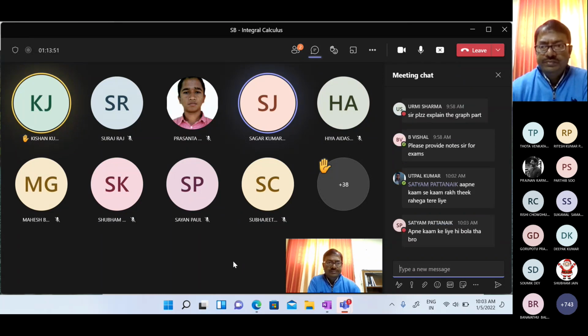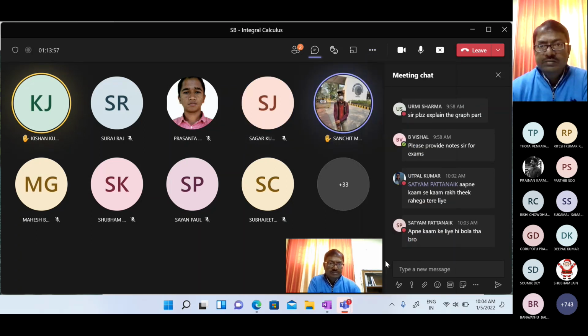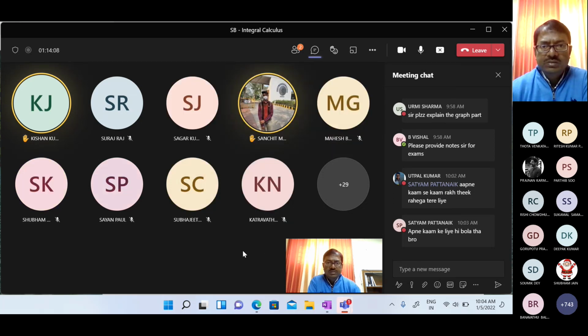Bye. We have written this sine to the power of 2m minus 1 theta, cos to the power of theta. So there, can we use Wallis reduction formula to prove that gamma m, gamma n? Because factorial type will be generated there. Yes, Sachin, what is your question? Sir, I was asking that in that beta function, you have written as sine to the power of 2m minus 1 theta, cos to the power of 2n minus 1 theta. After that, with Wallis reduction formula, factorial type can be generated, and now we can use that factorial formula of gamma, so we can also prove that. Yeah, you can do. Okay, sir.